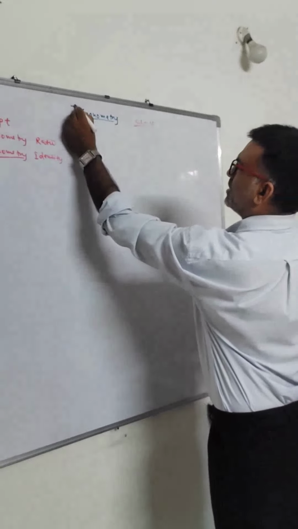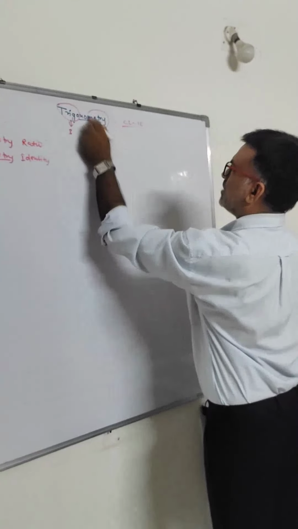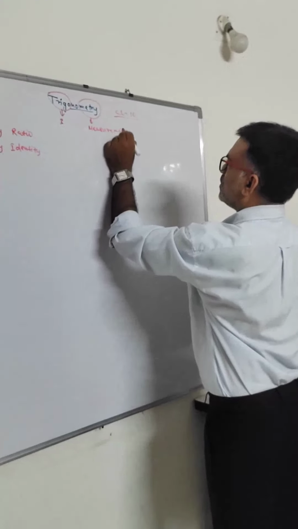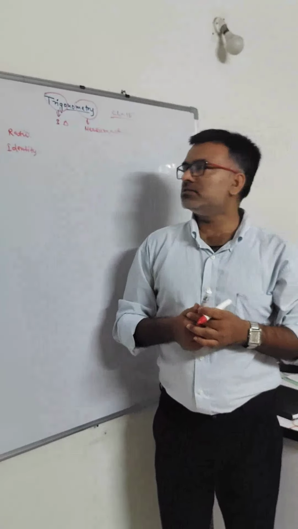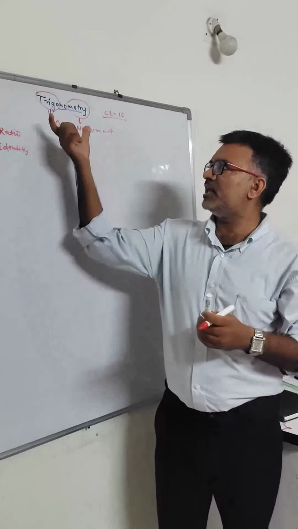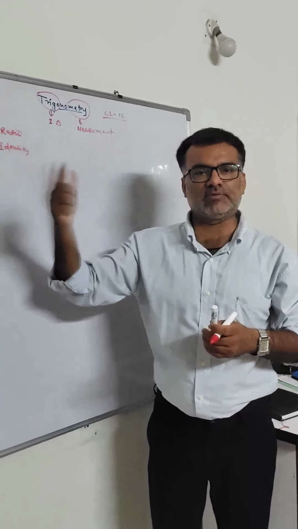Now see, in this trigonometry, this is trigo. Trigo means 3, and metry means measurement. We are going to measure the 3 sides and 3 angles in this trigonometry chapter. And with the help of this chapter, we are going to solve the height and distance chapter, which is next